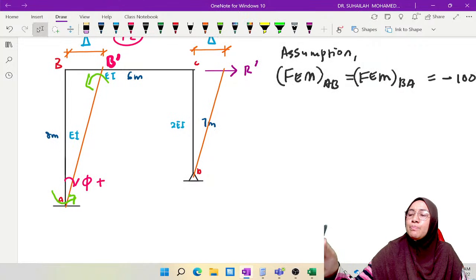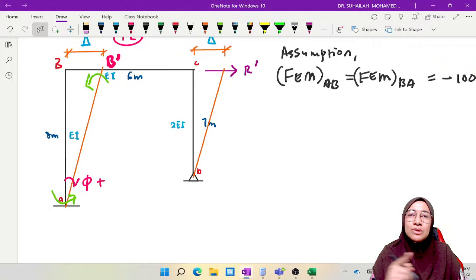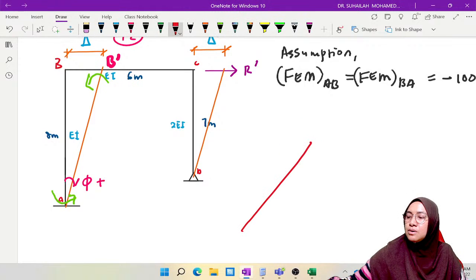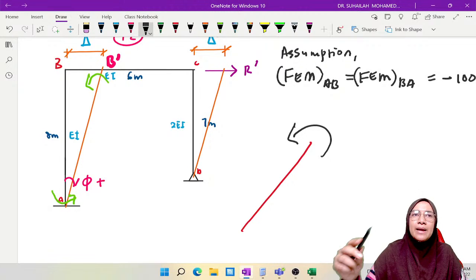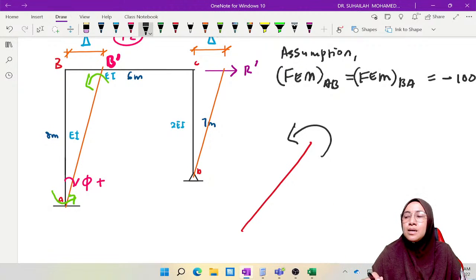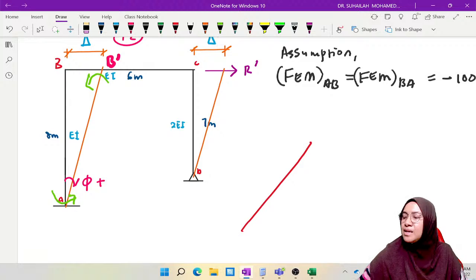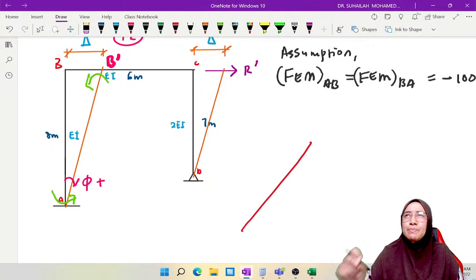Because if we put FEM as 100, what happened to the column? The column is now like this. When we apply negative 100, we apply a moment like this, so we push the beam back to a straight position. This is representing negative 100. But if we put the wrong sign for FEM, for example, the column is like this after side sway,